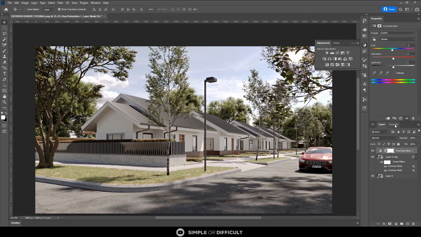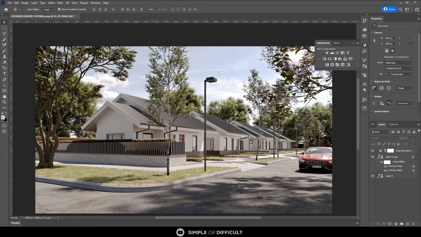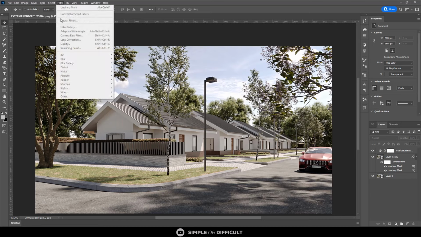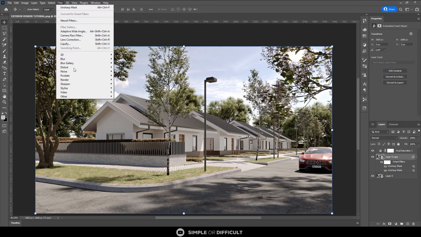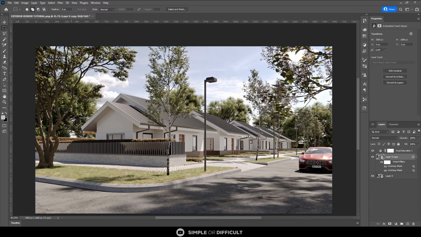All right. Cool. So the next thing we can do, we can add a little bit of vignette around this place. There are ways we can do that easily. We can use the camera raw filter. We select this and use the camera raw filter and do it. Or we can just use this method I want to use now. Just select it like so,